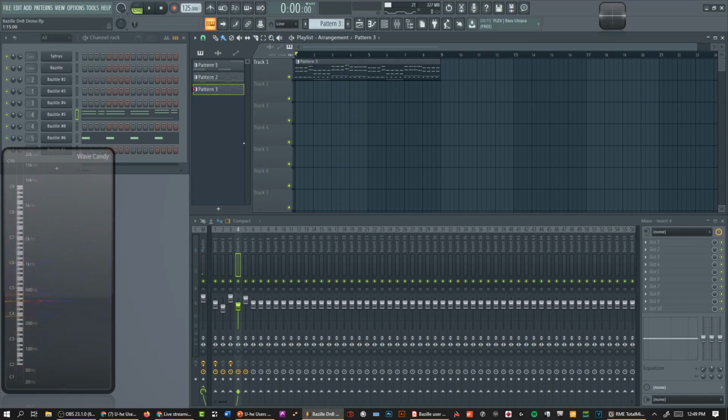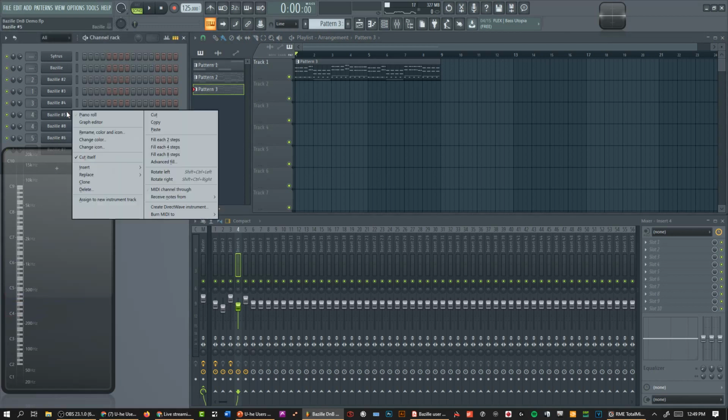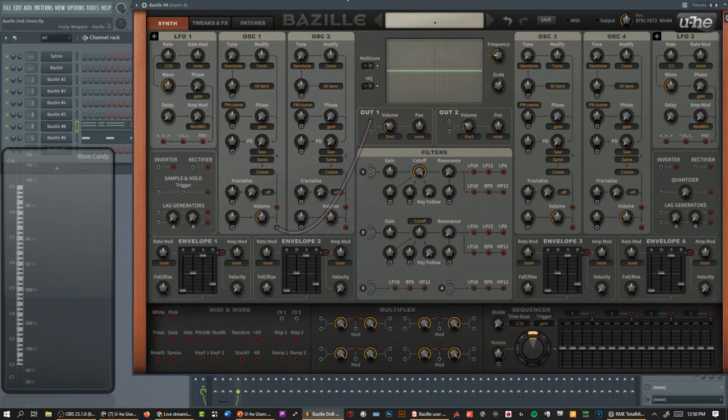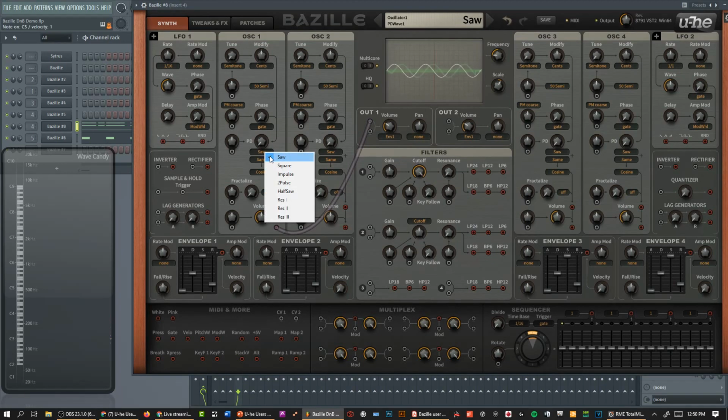So let's actually show that from scratch. Let's keep the kick drum in there, and let's cut this guy into this other Brazil. Let's reset Brazil. So straight up, first thing I did was I changed the saw to be a resonant frequency or resonant oscillator. And the saw could just be turned into sine waves just by changing the phase distortion. Or you can do very few harmonics like this,